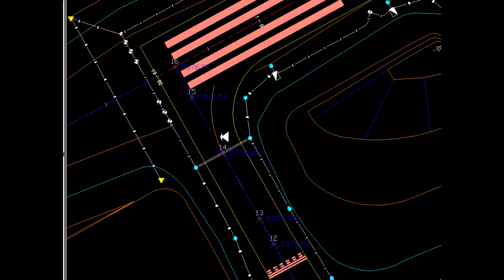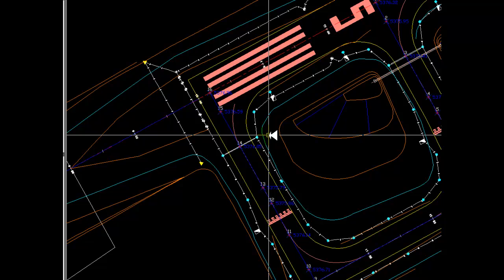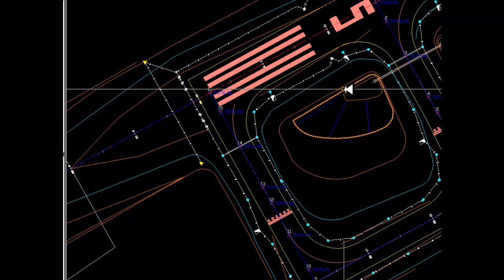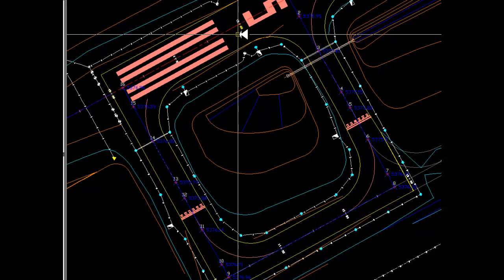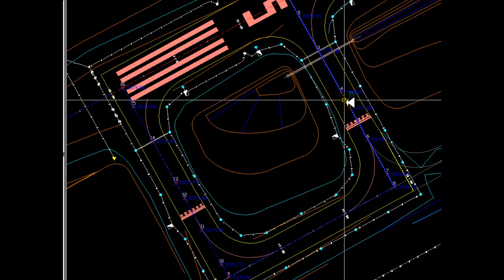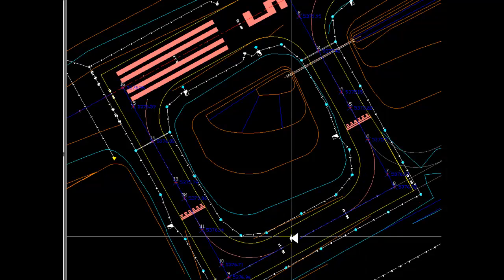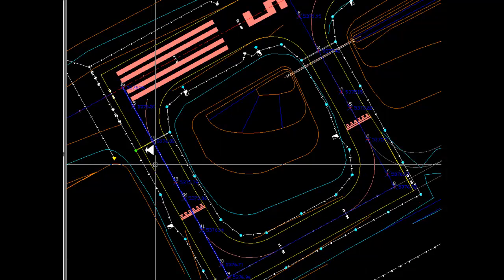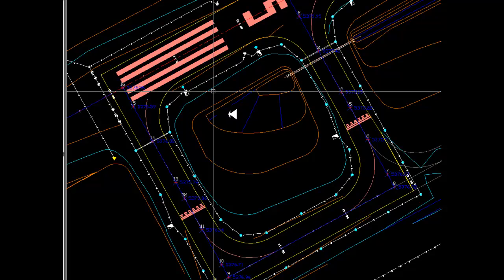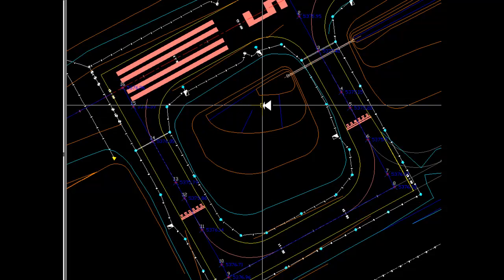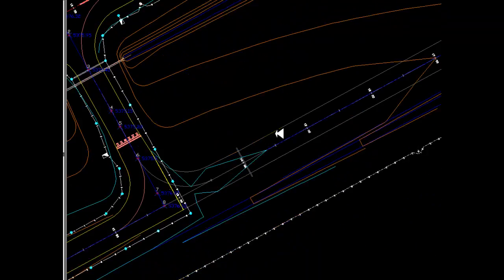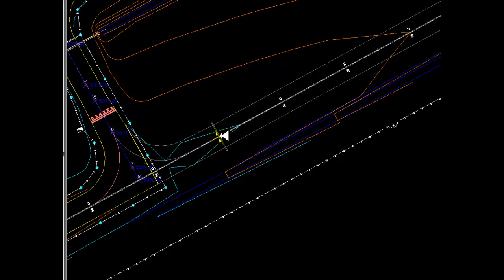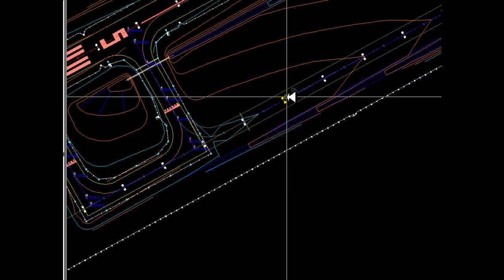This is a job I happen to be working on right now. It's an airport, and you can see the runway here, and we have a taxiway that allows a plane to come around here and work itself up to the end of the taxiway. And inside this taxiway area is some retention. We also have retention across the taxiway, and then there's some areas for a future taxiway here that runs parallel